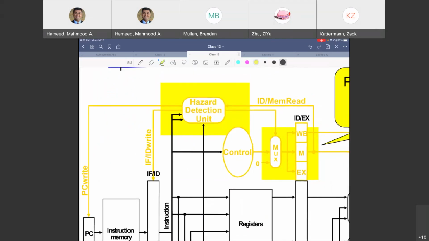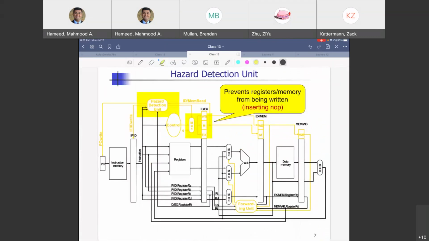So let's try to see what all is happening here. You still have the forwarding unit. All of those elements are still there. Your 5 stages are still there. The 4 interstage pipeline registers are still there. Forwarding unit is there. Control unit is here. There is also an ALU control unit that is not being shown, but that is also here. We have included this additional hazard detection unit on top.